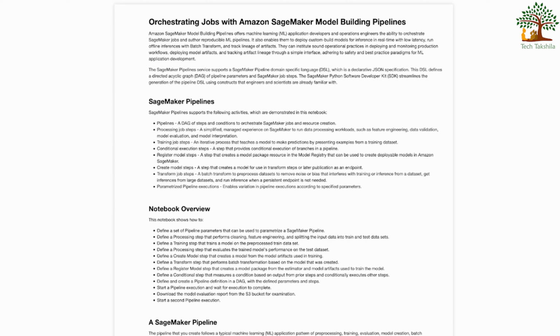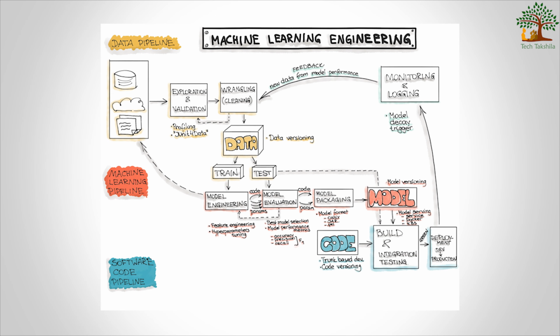So, in the last video, we saw what the three phases of the machine learning workflow are. To give you a quick recap, the first phase is data engineering, where we collect and clean the dataset to train the machine learning model on. The second phase is model engineering, where we run the ML algorithms to train a model on the training dataset and validate the correctness of the ML model. And the third and last phase is model deployment. Once we have created an ML model artifact, it is time to deploy that model in the production environment so that applications can query these models and use their predictions.